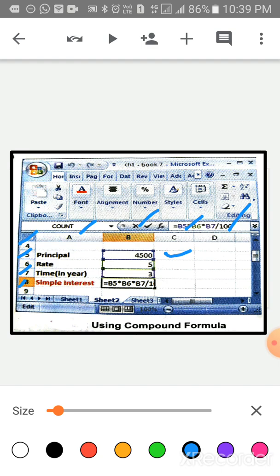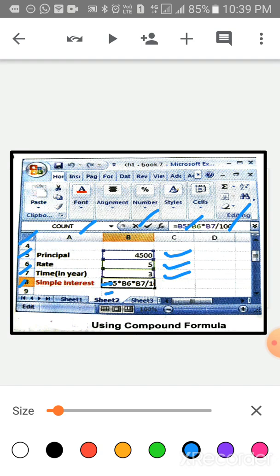B6, the rate, is 5. B7, time, is 3 years, and we want to enter the formula, the result of this formula, in B8.